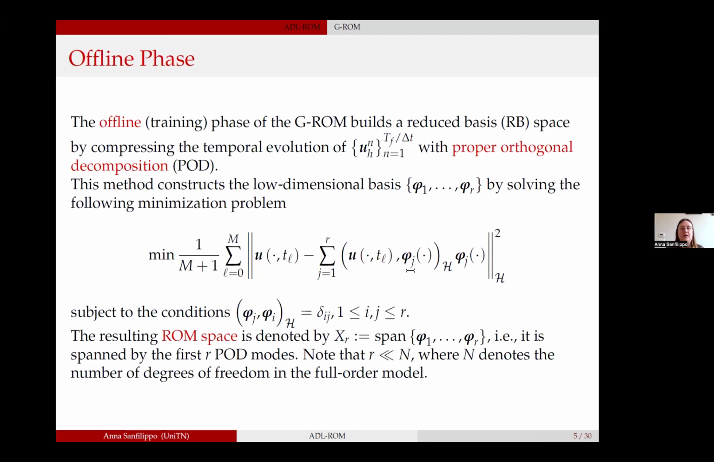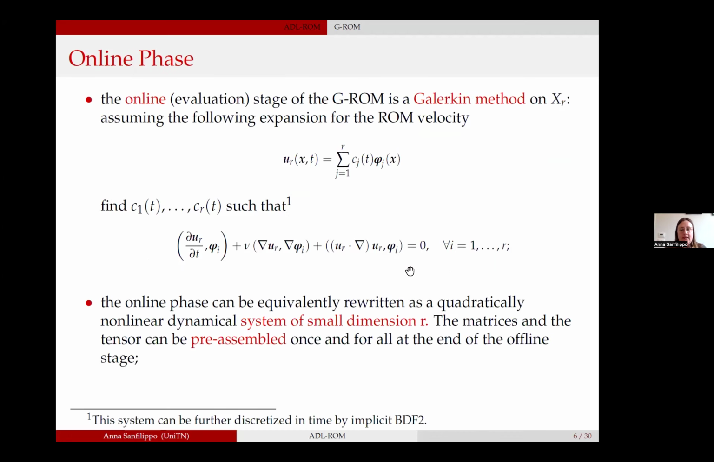So here, basically, you will compute the basis functions, you will save them along with the eigenvalues, and then you can also pre-assemble and store the matrices and the tensor. There is an exception: if in the Navier-Stokes equations we didn't set the forcing term equal to 0, but the forcing term is different from 0, we will have a matrix also for the forcing term